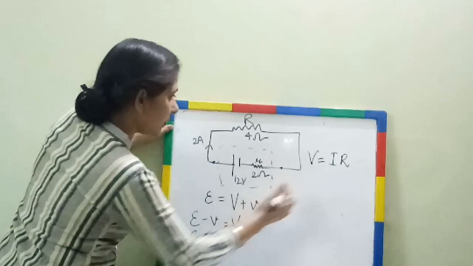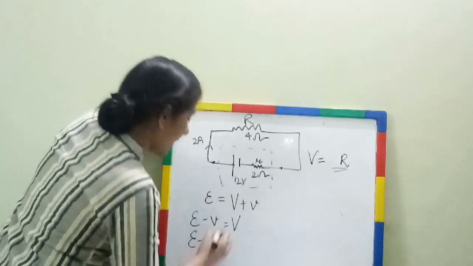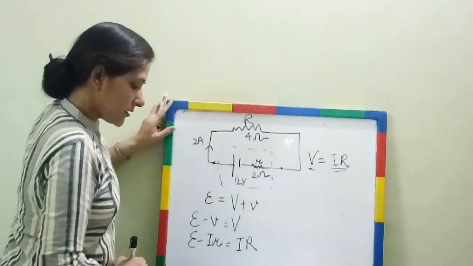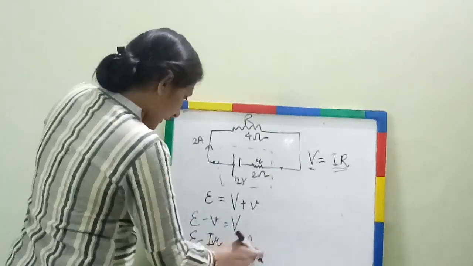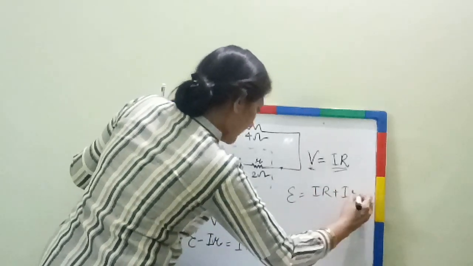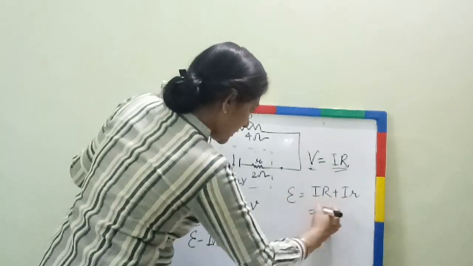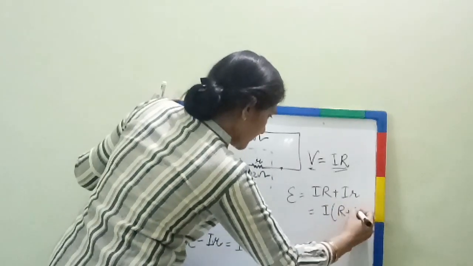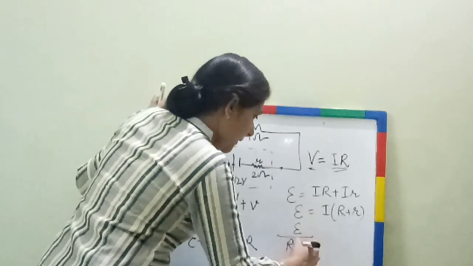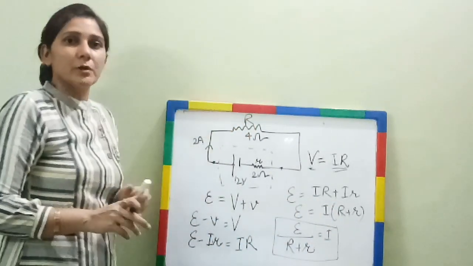Right? Instead of this V, I can write this current. We can say I here, or I can write capital I, and this is IR. Instead of this v, I can write this r. Right? Or what can I say? We can take this I over here. E is equal to IR plus Ir. That is equal to I, R plus r. It is equal to E. E upon R plus r is equal to I. This is the expression. Sometimes we need it in the numericals. You need to remember it.